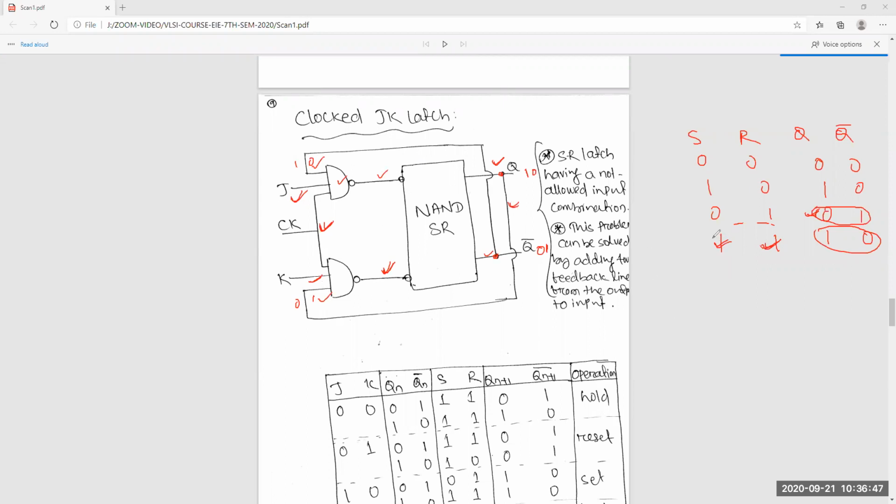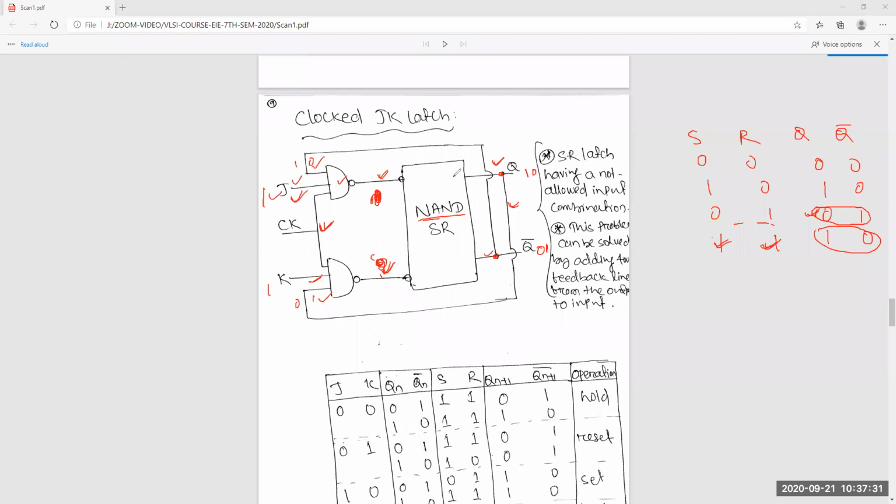Here you give J K equal to 1 1, but you will not get the 0 0 condition in the NAND. You can check: if you got 0 0, it would again be the same. That's why, only to remove that problem, we are using this type of arrangement.